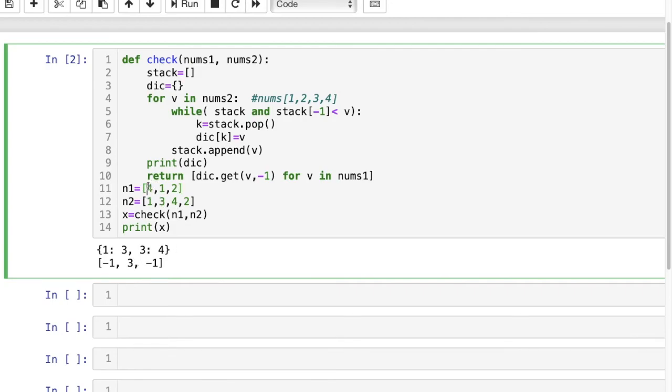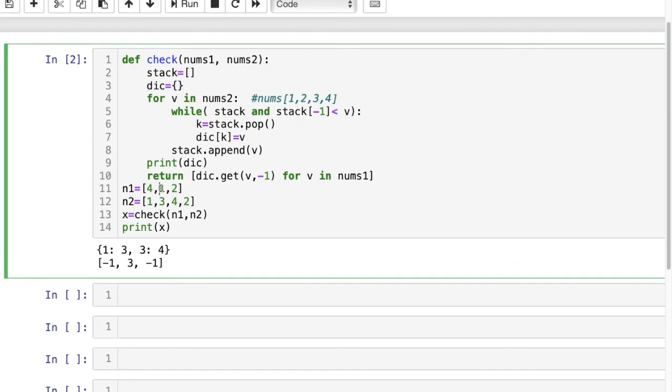So for this 4, you can see the position for 4 in my n2 is here, and no next greater element is present in my n2. So no key was present in my dictionary for this 4, so it will return -1.